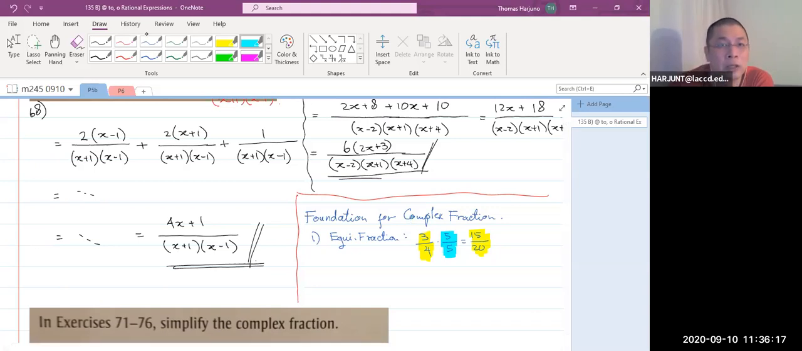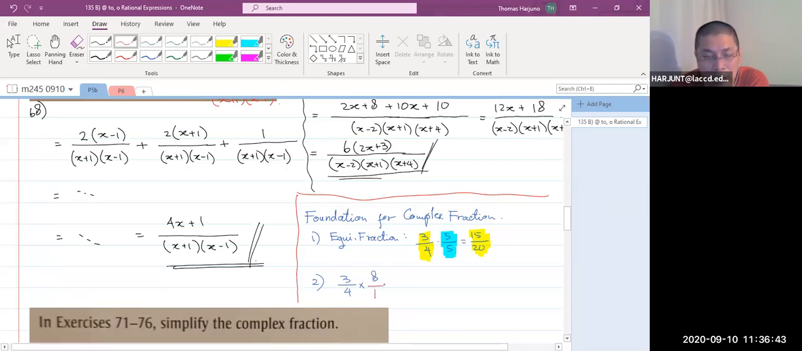Now, the second thing that we will use later on is multiplying a fraction by an integer that is a multiple of the denominator. Let's say, for example, I have 3 over 4 multiplied by 8. How do we do that? Multiply by 8 means multiply by 8 over 1, and we cross cancel first, right? 8 divided by 4 is,